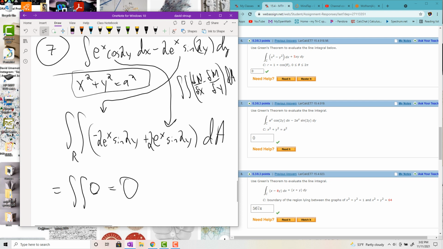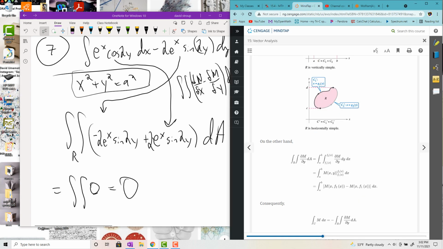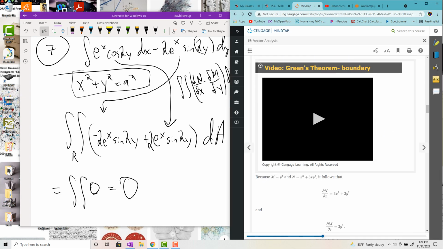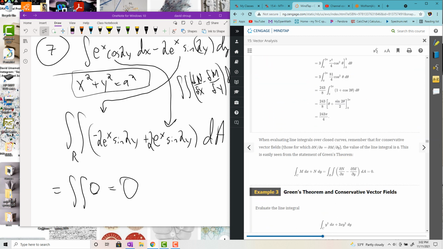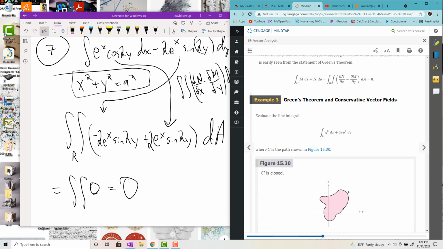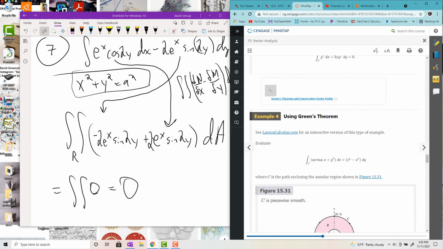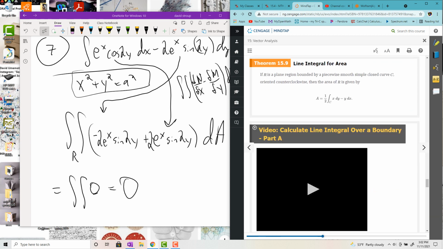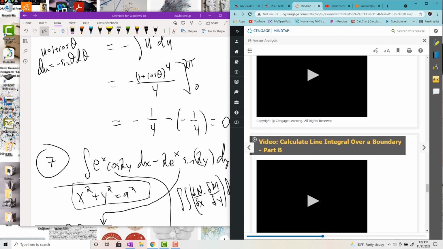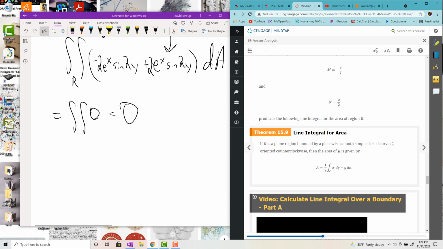Okay, so, yeah. Anyways, there's that. Let's see what else they have. Green's theorem. Calculating work with Green's theorem, conservative vector fields. Oh yeah, so the line integrals for, you could use a curve, you could find, okay, so